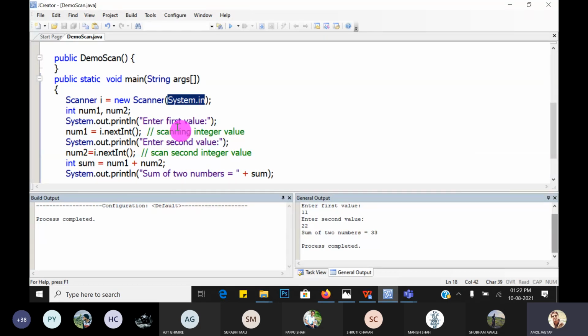System.in is also called the standard input stream. Through that stream, we scan the values from the keyboard and save them into the RAM. Great. So scanning an integer, which method is used? nextInt. For scanning a float, which method is used? nextFloat.